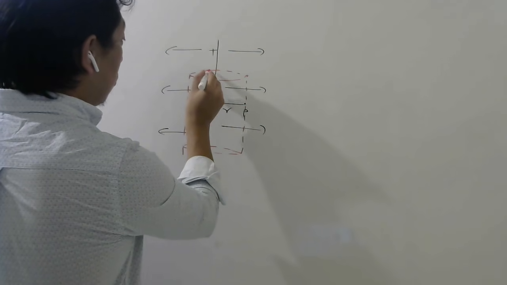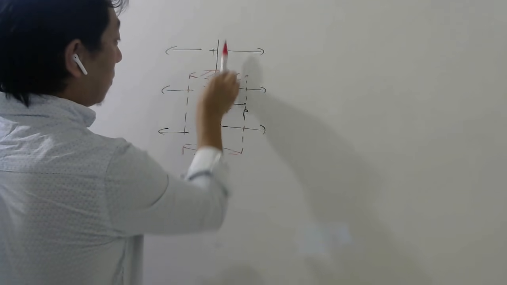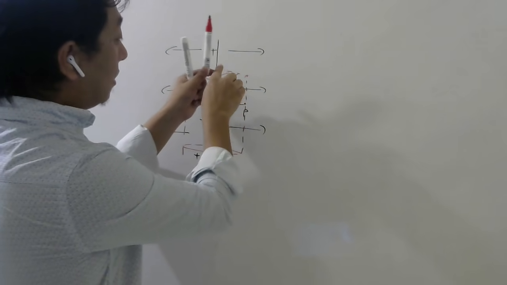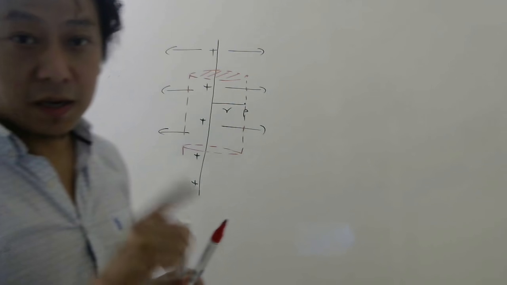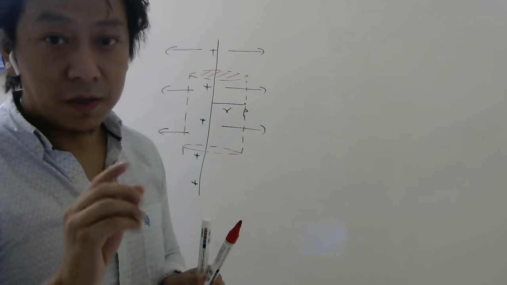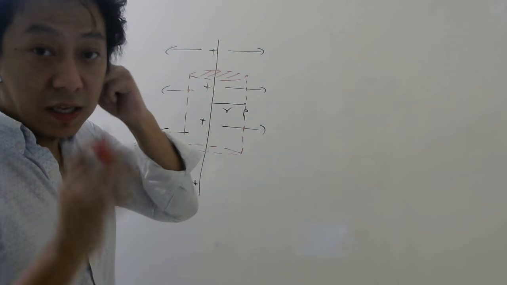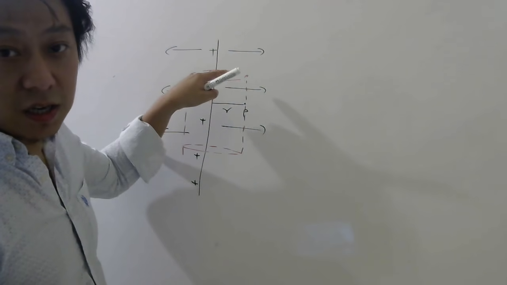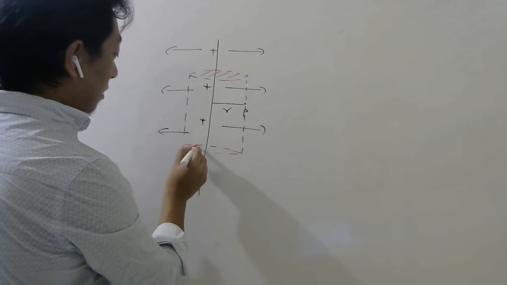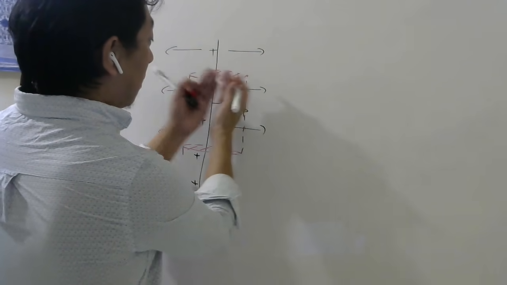Now, if you look at this part of the surface, area vector is perpendicular to the surface. Electric field is here. So here the angle between electric field and area vector is 90 degrees. So electric flux, which is E dA cos theta, here theta is 90, so cos 90 is 0. So no flux here. Similarly, there will be no flux here. So the flux will come only from this part.